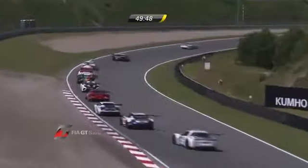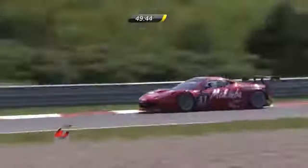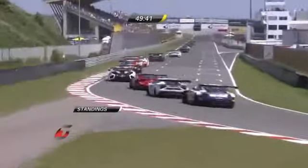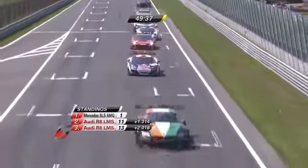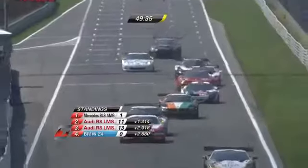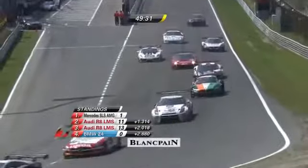Harry Procek losing a bit of momentum through the S's, allowing Afanasiev alongside. A bit of a bump between them, but they both carry on. Across the line we go then. Maximilian Buch leads by 1.3 seconds then. Stefan Ortelli second, Sandstrom third. Bueno in fourth, but that was a bit of a dodgy move from him as they break into...